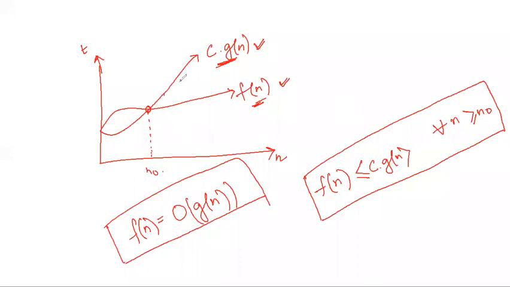Suppose I take n over here, or here, or here, any value of n, it is always higher. So it is always higher than this f(n) for any value of n after this n0 point. Then I will say that this upper bounds this function, and I will express f(n) as big O notation of g(n), that is, order of g(n).